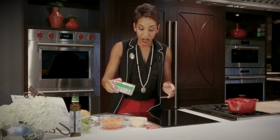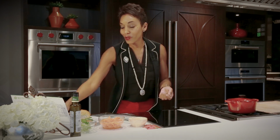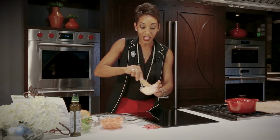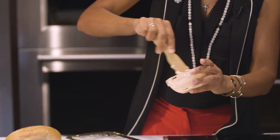We're just assembling a sandwich. I like to put a little bit of Tony Chachere's. You saw from the last episode, I love Tony Chachere's on anything. And I mainly use this because my mom used it in the kitchen. I didn't spend a lot of time in the kitchen, but I at least saw that she was using